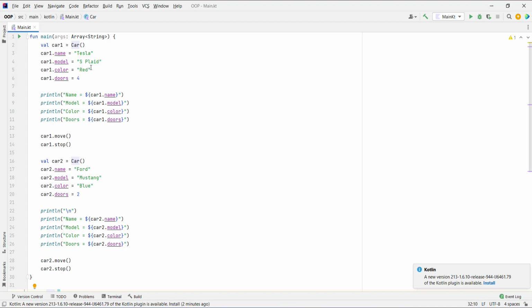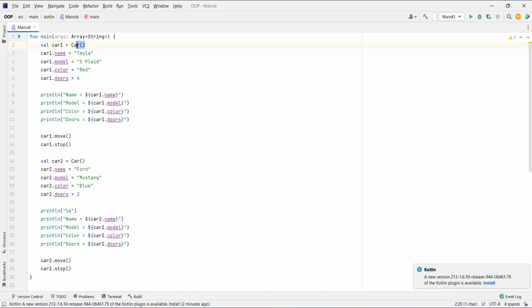And this is okay, but if you have more than 4 properties, let's say you have 20 or 100 properties, that will be very tedious to write each one of them and then assign a value. A better way is to use what is called a constructor. As the name implies, the constructor is used to construct the object, and the constructor is called at the time when we create a new object.